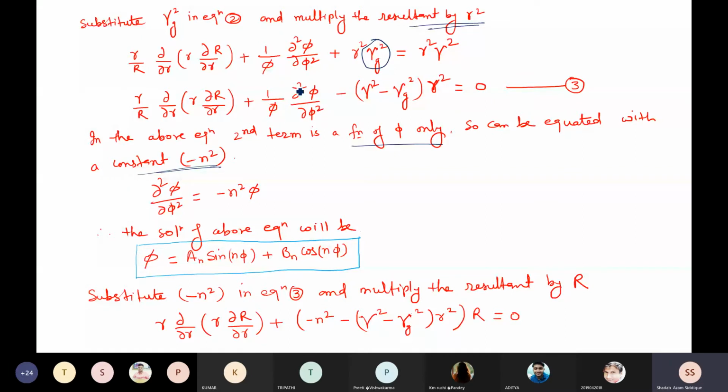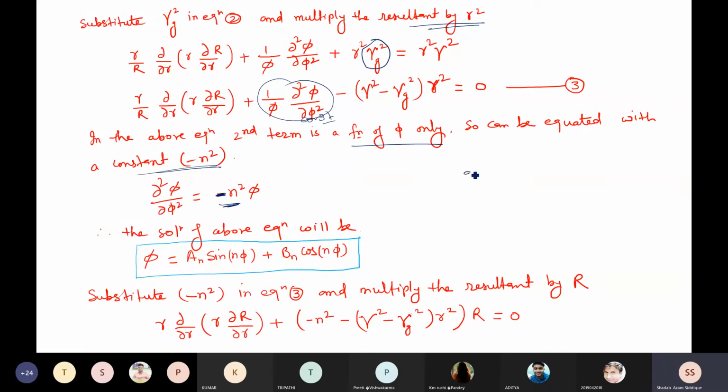This is also a constant. Okay, so if you take this as a constant, it will be equated to minus n squared, because all the terms will be multiplied, added or maybe subtracted, and we'll get a constant value. So this is also a constant term. Now this constant term is equal to minus n square, and this phi will come here. If you find the solution, you will get the minus sign here. So we'll get, by CF and PI, a_n sin n phi plus b_n cos n phi. So we'll get this solution. Okay, this is a standard solution which we have.